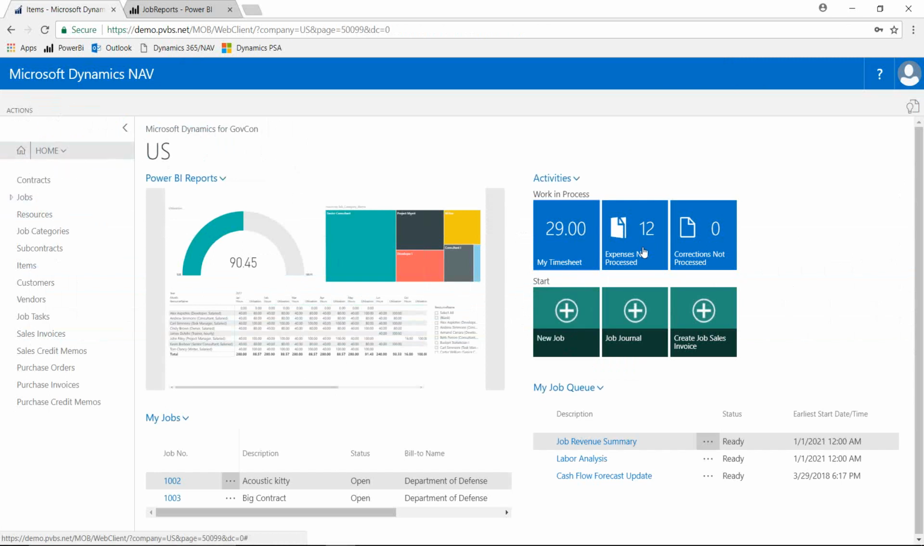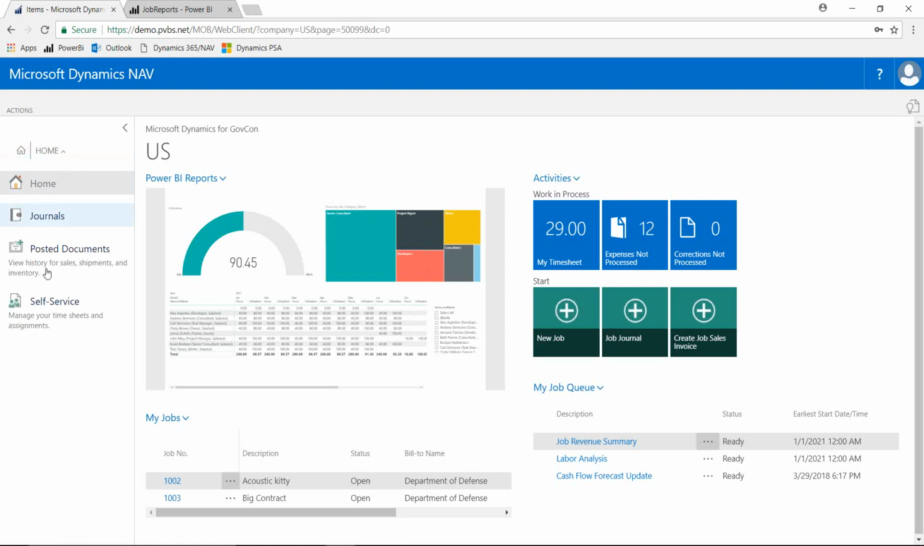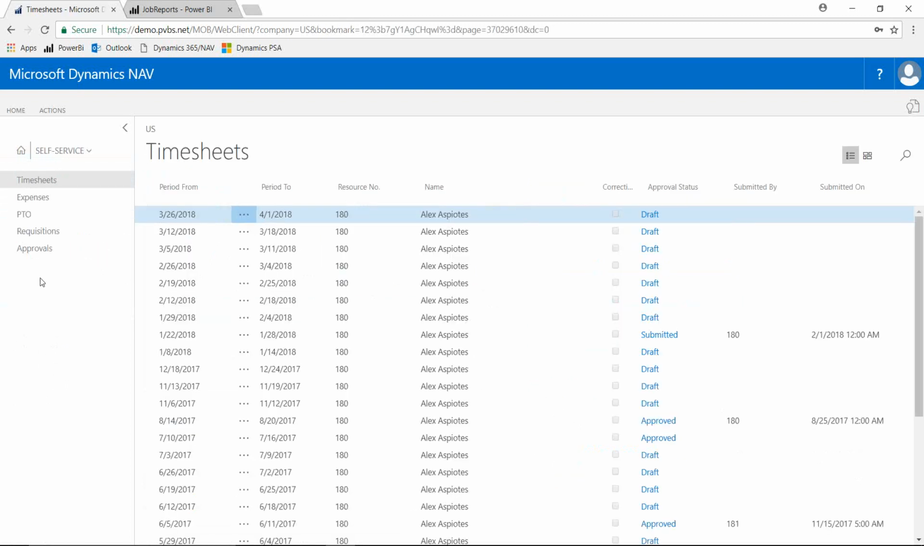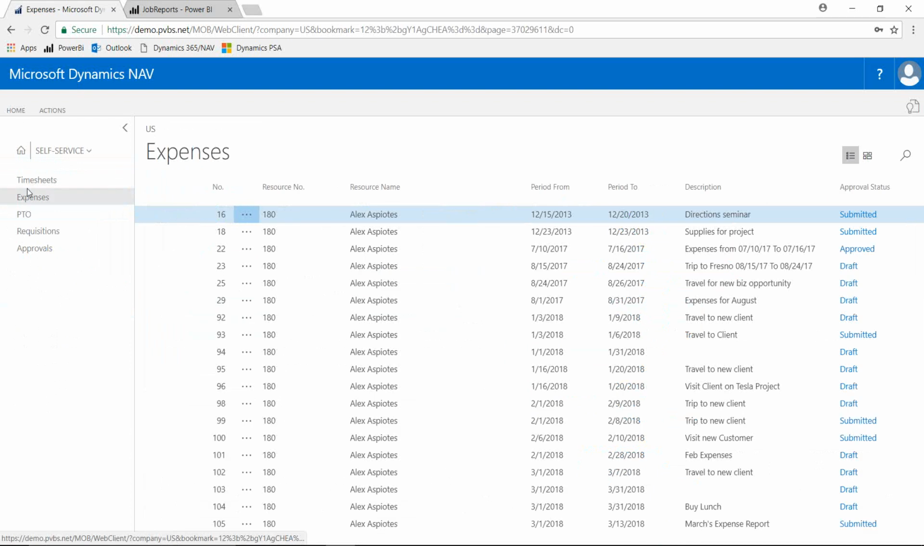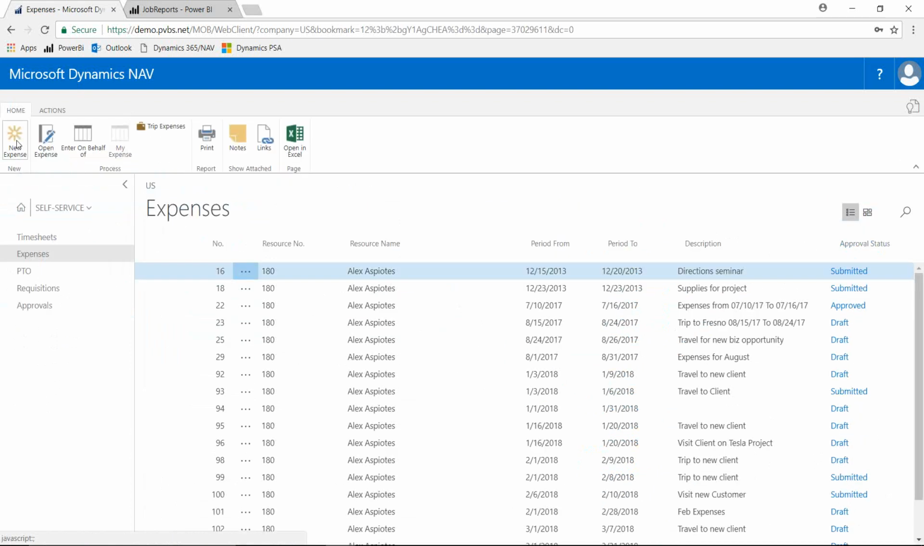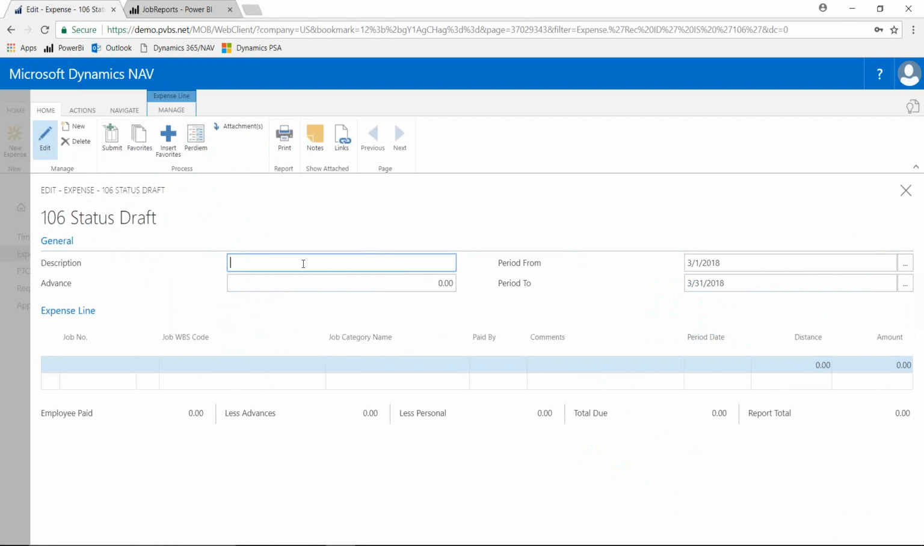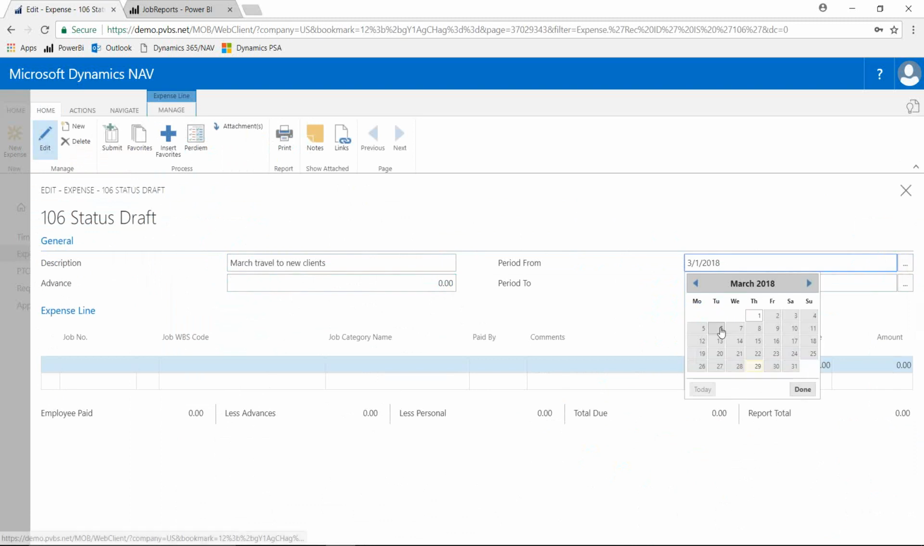So that's doing timesheets. If I was an approver or processor of expense reports, I'd be logged in as an accounting role, and I could process expense reports that have already been approved. But what we'll do is go in as an employee and enter an expense report. I would just hit this button for new expense, and then I'd put a description in here. March travel to new clients. If I received an advance, I could enter that in there. It defaults it for the whole month, but let's just say that it was just a